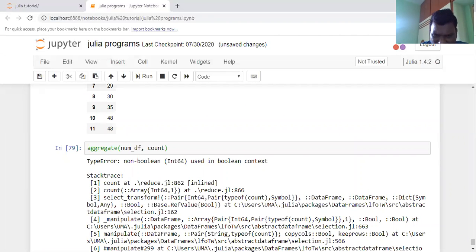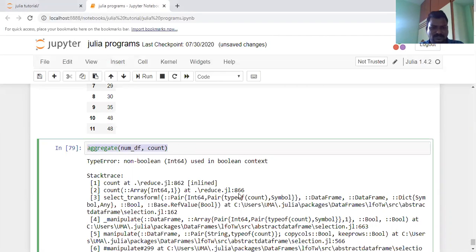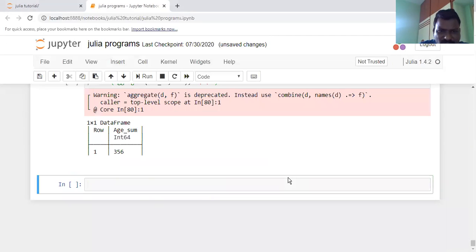For aggregating the data, it is better to take the print function. From the print function, yes, it is giving some value without any error.